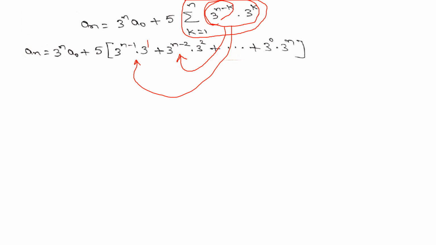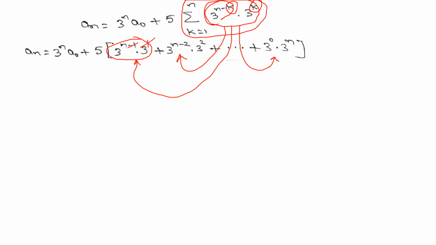When we take k is equal to n, we get 3 to the power 0, because when we take k is equal to n here, n minus n becomes 0, so you get 3 to the power 0 into 3 to the power n. Now you can observe here, in this product bases are same, so powers will be added. If you add the powers, plus 1 minus 1 gets cancelled, what remains is n,